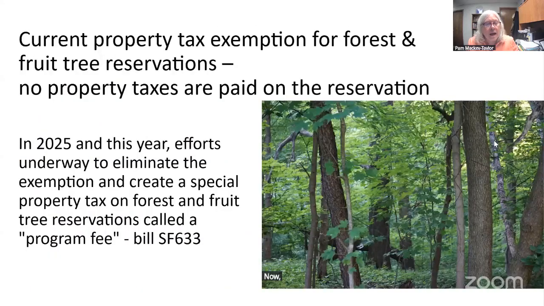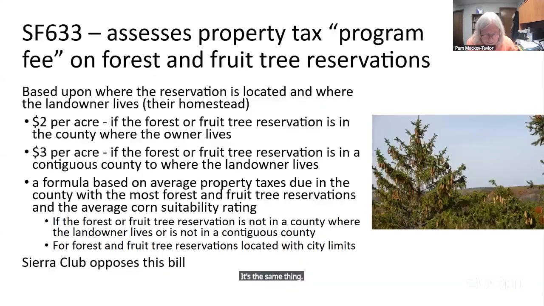Now, the current exemption means that no property taxes are paid, but in 2025 and this year, efforts are to eliminate the exemption and to create a special property tax on forest and fruit tree reservations. And it's going to be called a program fee instead of a property tax. It's the same thing. So let's dig into what this